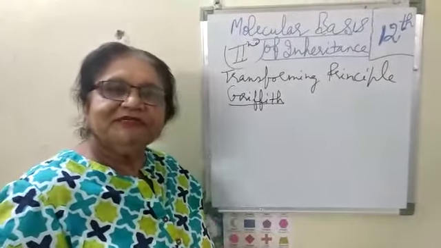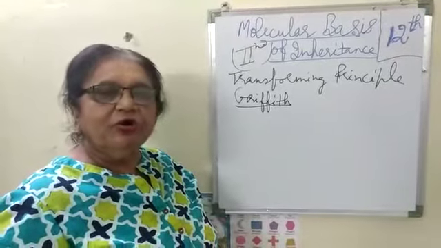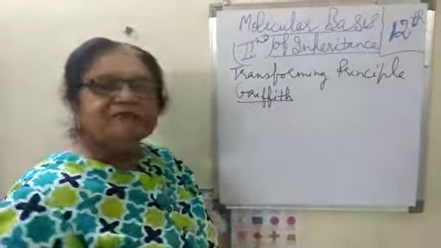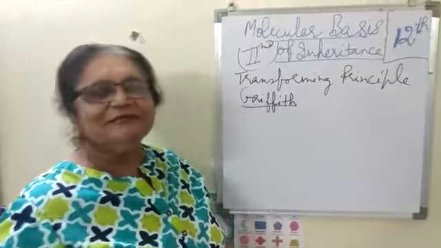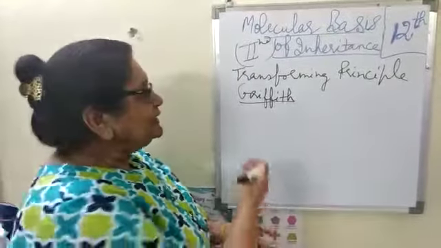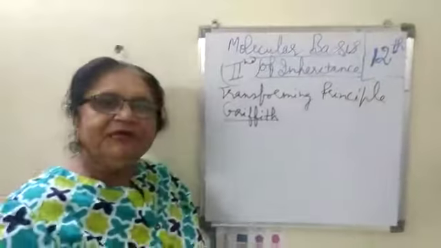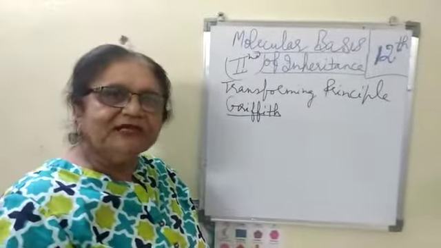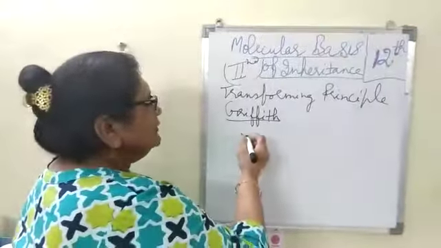In the previous part we discussed that DNA acts as a genetic material which carries all the information from generation to generation. Now the experiments proved whether DNA, protein or RNA is the genetic material. Today the very important experiment is the Griffith experiment to prove the transforming principle. What is that principle? So he did the experiment with